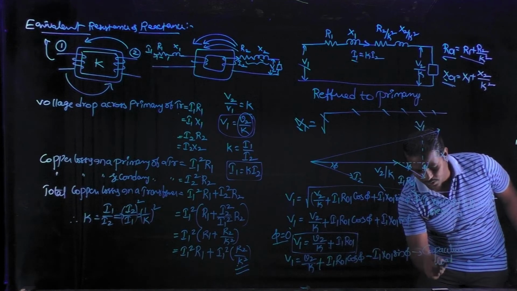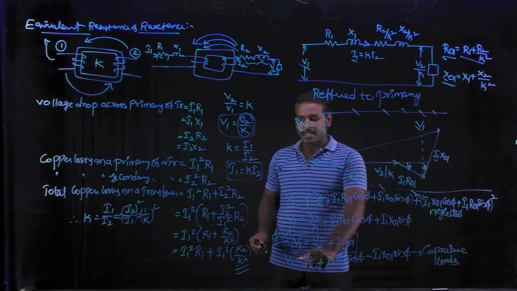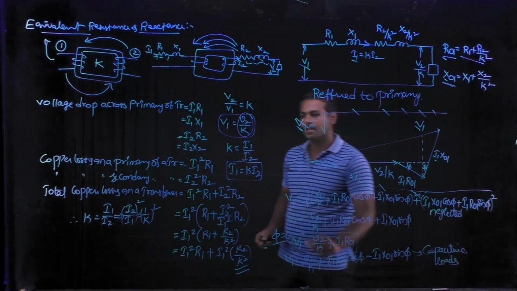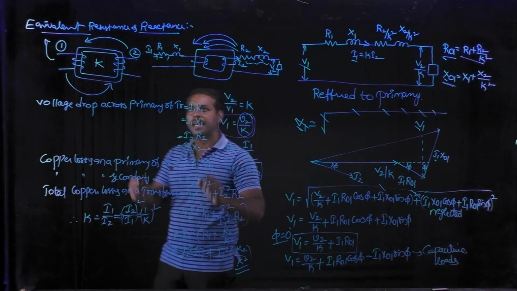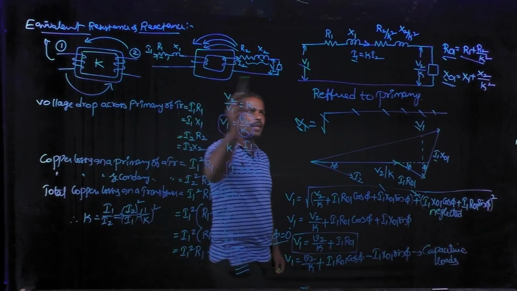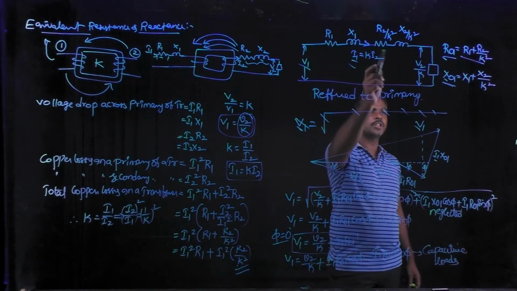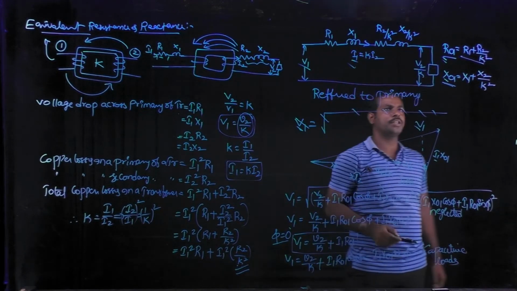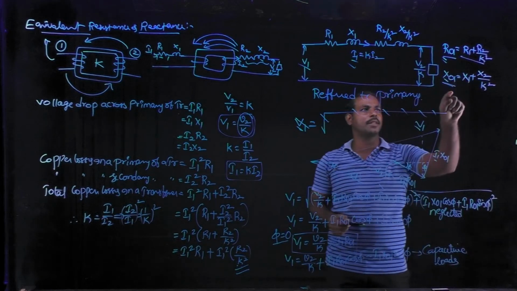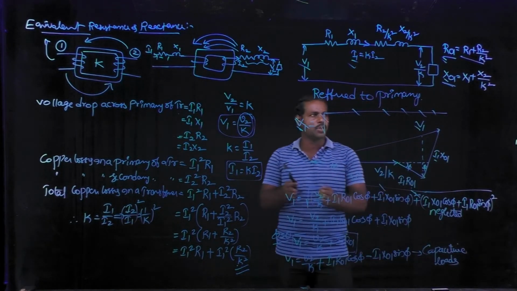Capacitive loads. So these are the two expressions. How to get these two expressions? Whenever the equivalent circuit of a transformer is to be referred to the primary side, then only we are getting the equivalent circuit. So this circuit is to be referred to the R01 and X01. R01 and X01, these two are the equivalent resistance and reactance of a transformer referred to primary side.